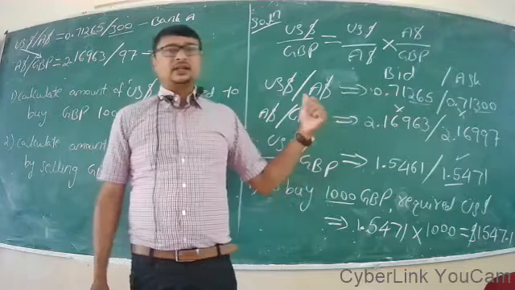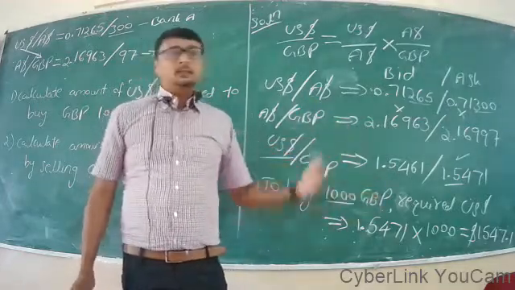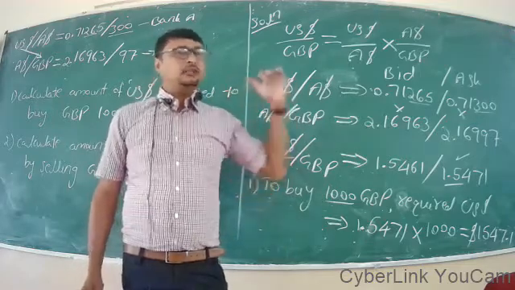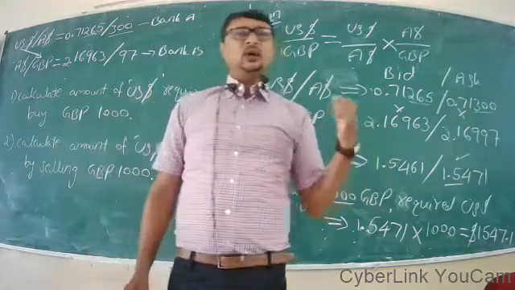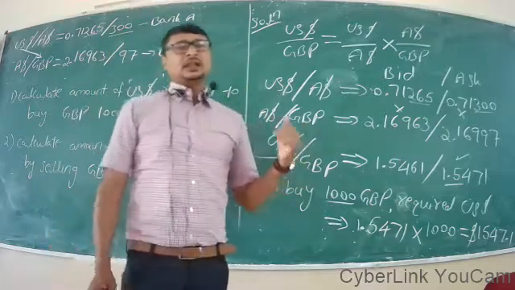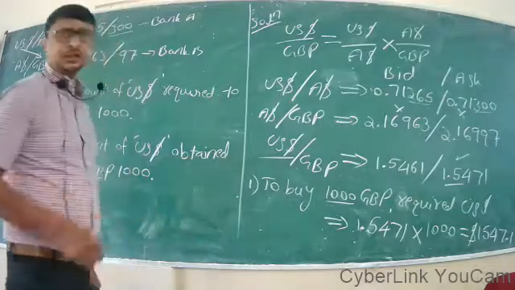very important, right? So in this case, question number 1, you are buying the sterling pound. That means you have to buy it from the banker and the banker sells at ask price. So while buying, if an individual is buying foreign currency, the applicable rate is ask price. And question number 2,